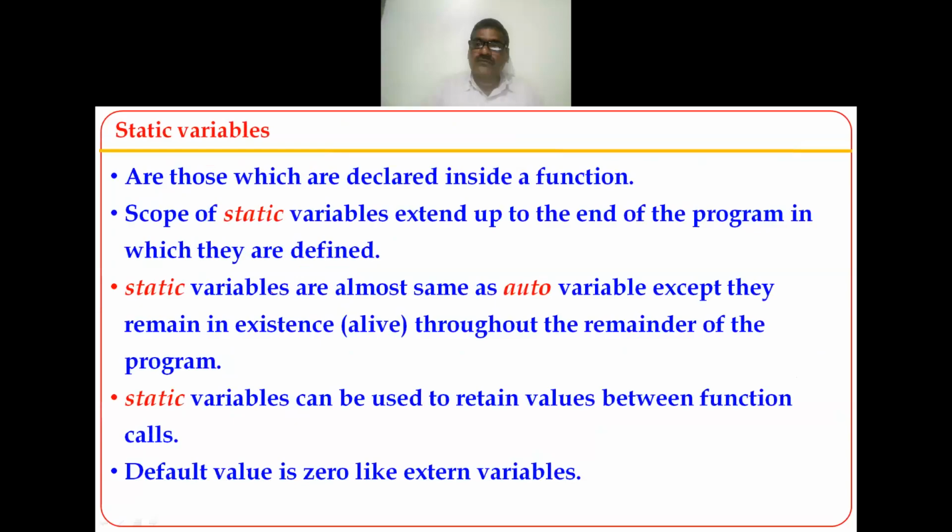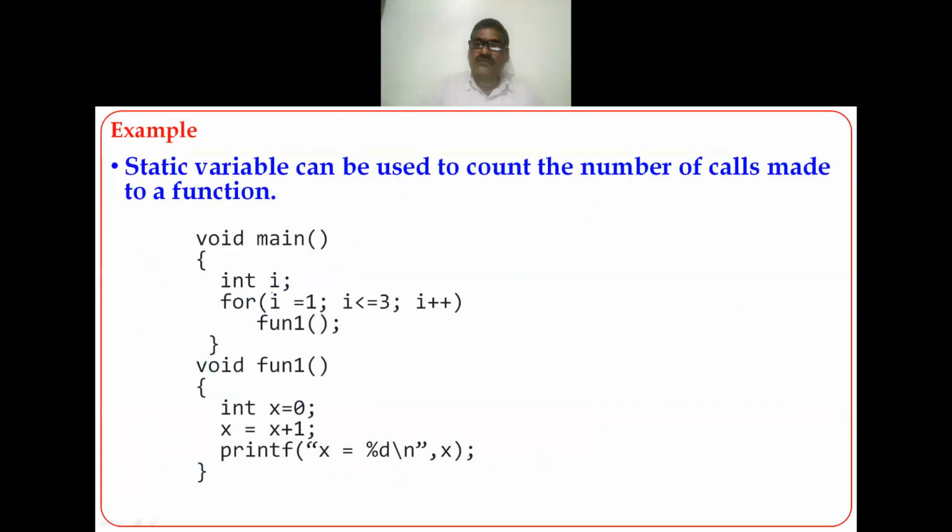Static variables are almost the same as auto variables, except they remain in existence, alive, throughout the complete program, until the end of the program. Static variables can be used to retain values between function calls. The default value is 0, like external variables. So this is the example program which demonstrates static variables, which can be used to count how many times